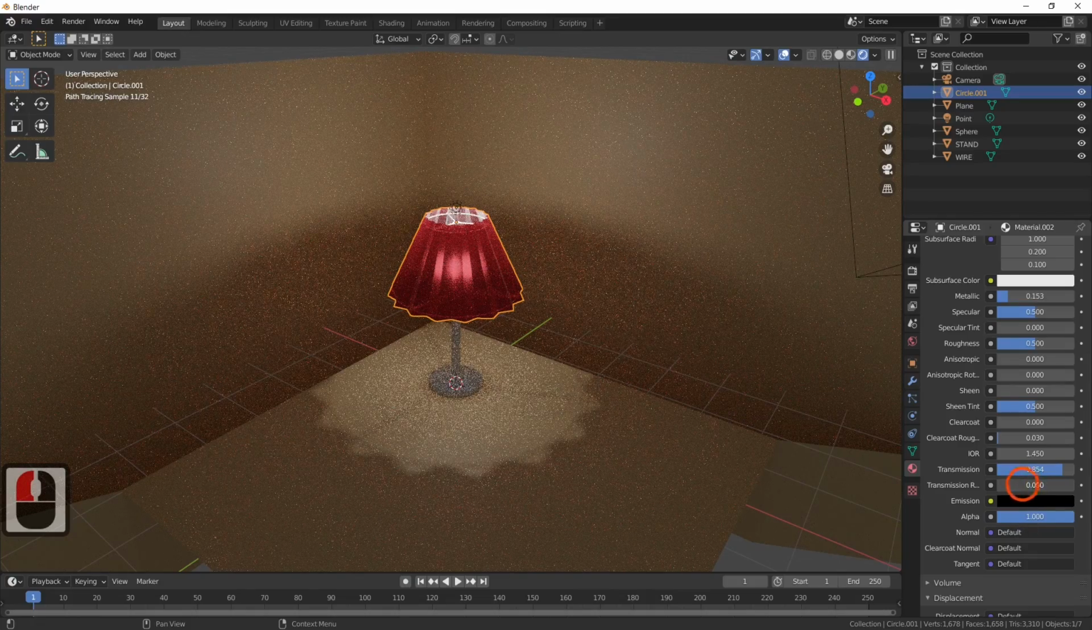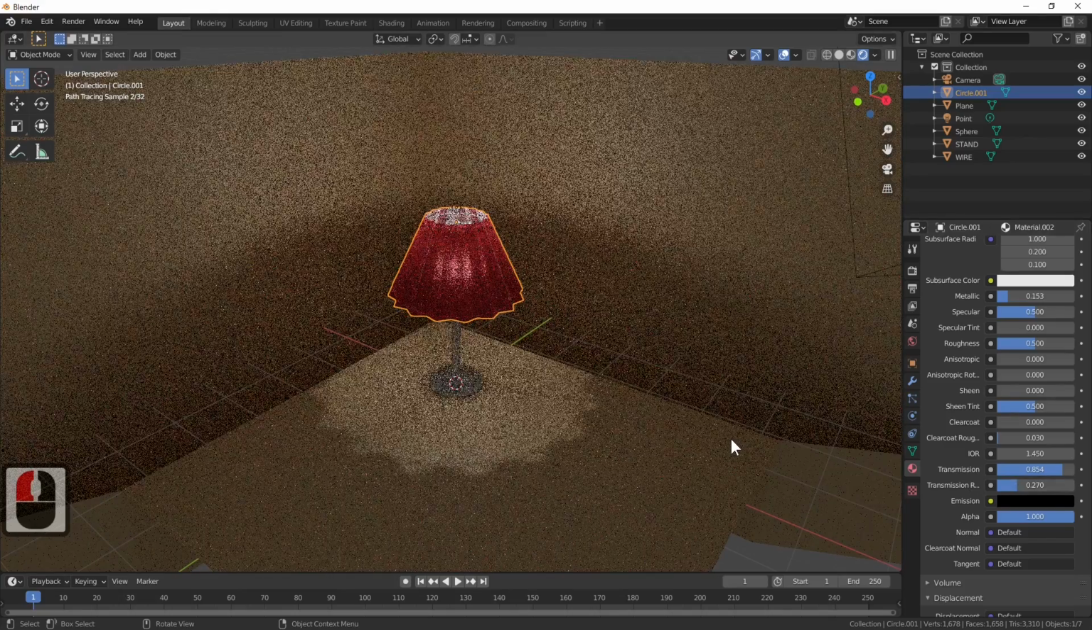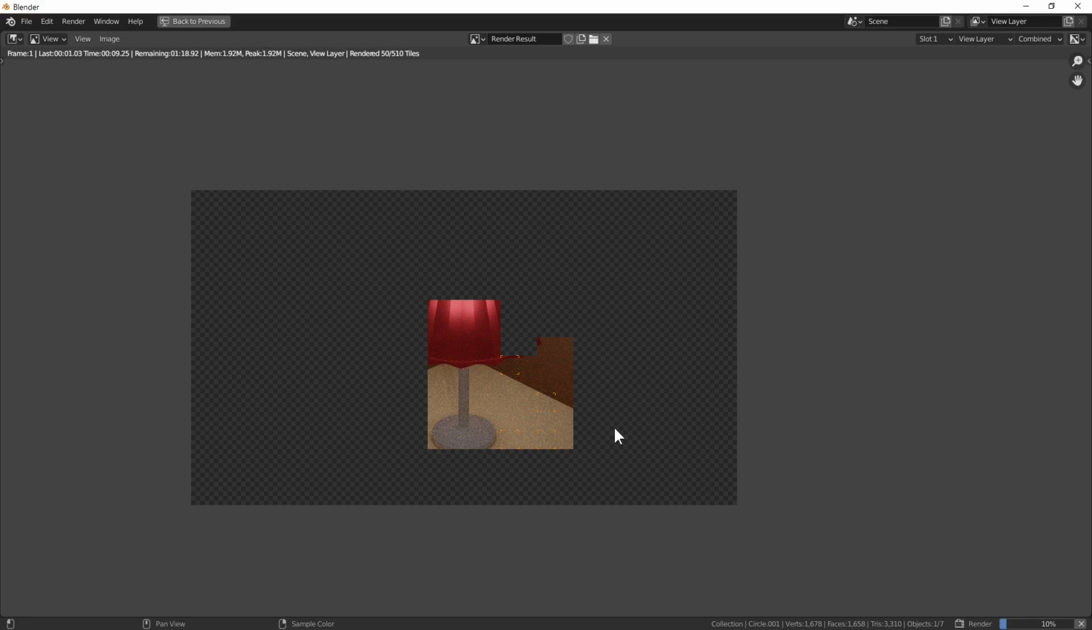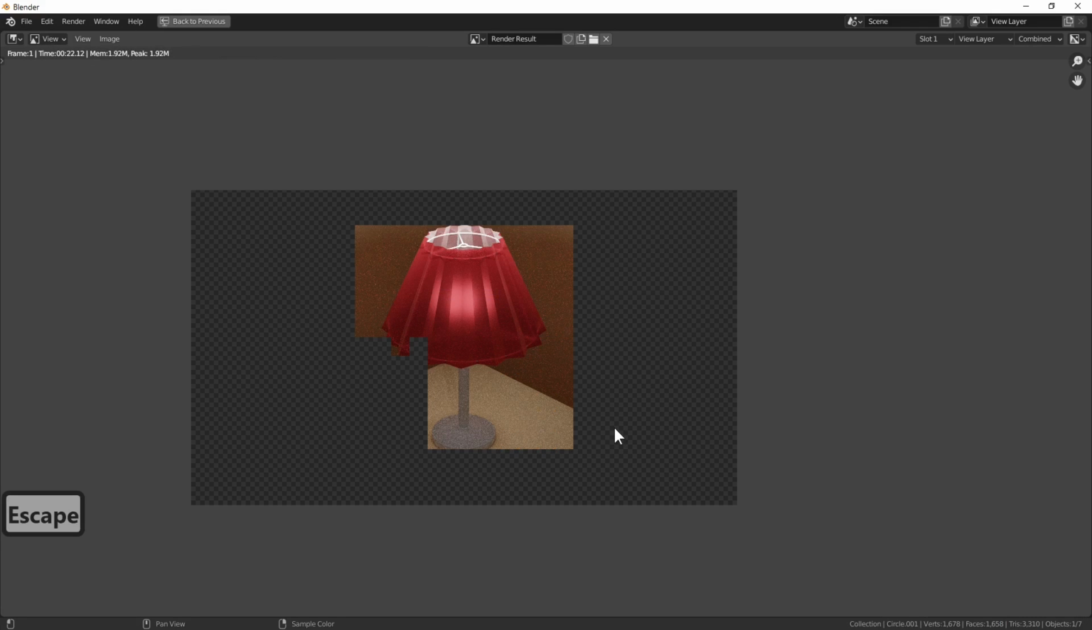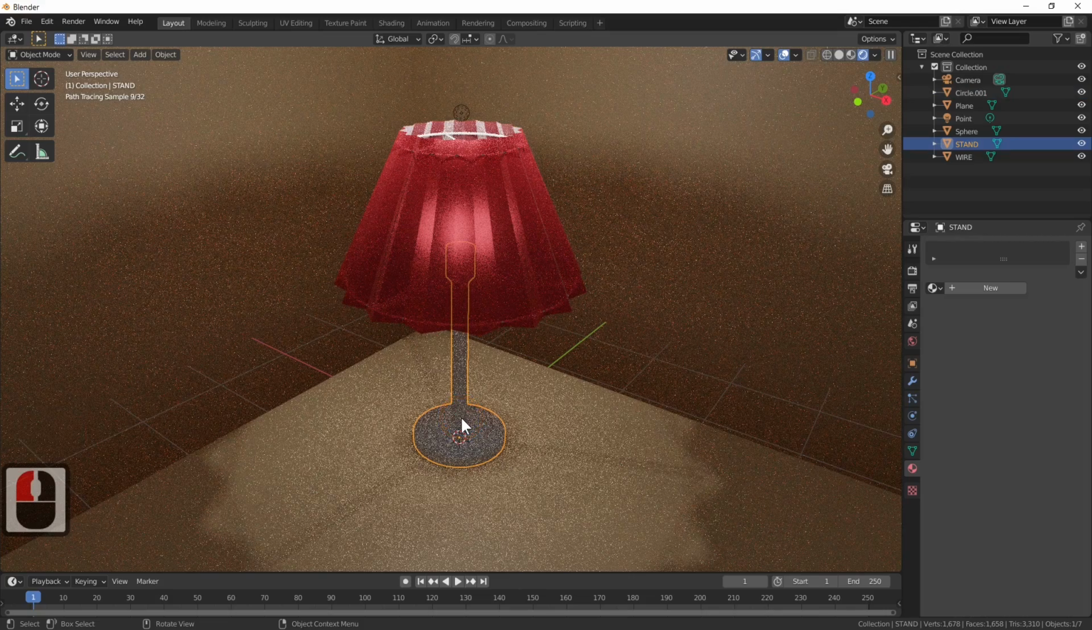And I'm going to take the roughness up slightly just to blur it that little bit. Now just render that, just have a quick look at this. Yeah, I'm quite happy with that. I'm just going to stop the render there, and next what I'm going to do is make this into a metal lampstand. So select the lampstand,